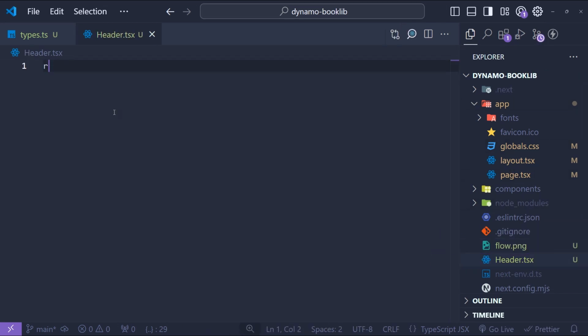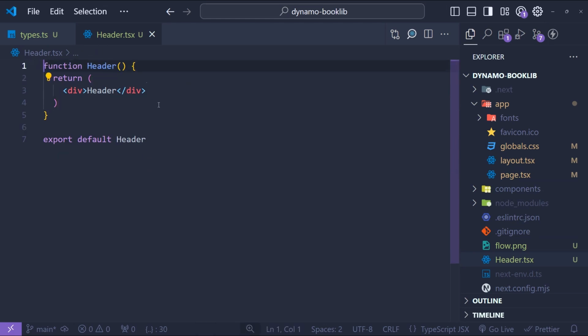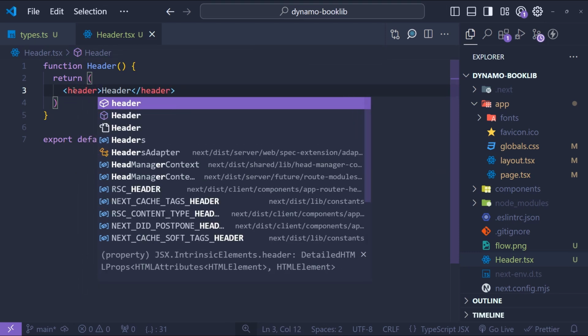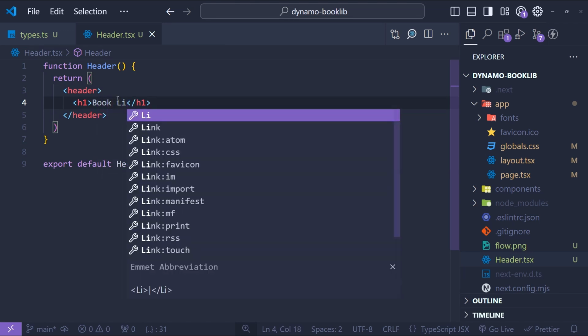Yeah, RFCE. Let's change this to Header. Here we will add our title like the book library and two nav links, one for the home page, another to add the book. Let's create an h1 tag here with book library